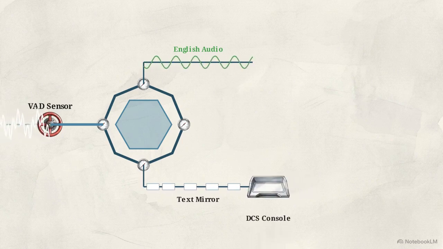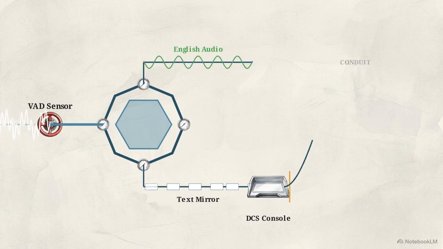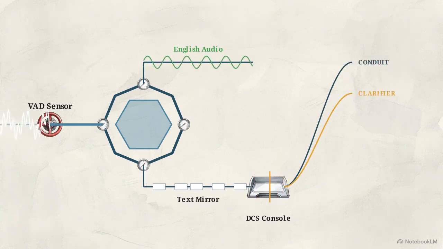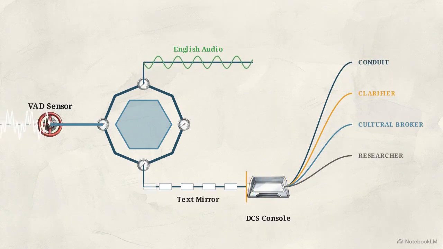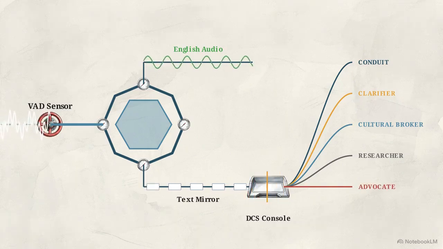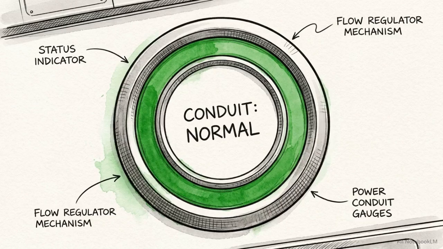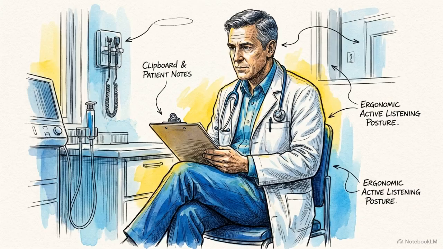That text transcript feeds immediately into our distributed control system. This system continuously reads the text and routes the process into one of 5 specific operational states. Most of the time, the flow is smooth. For about 90% of the conversation, the system stays in its normal state, giving the doctor an immediate, faithful translation